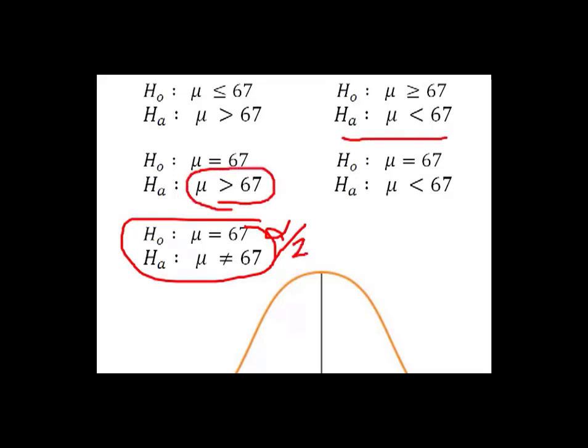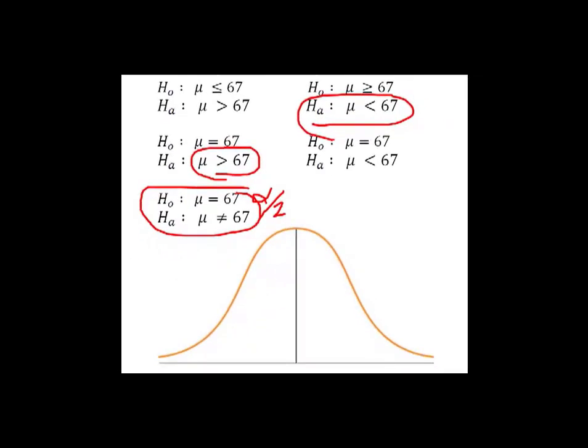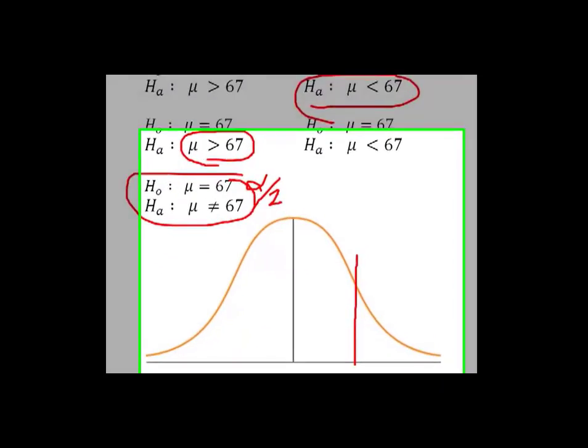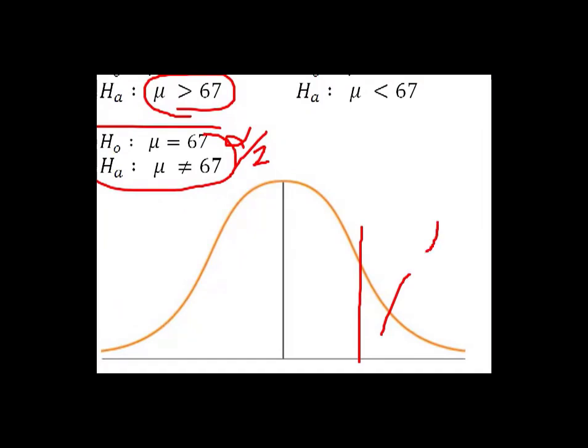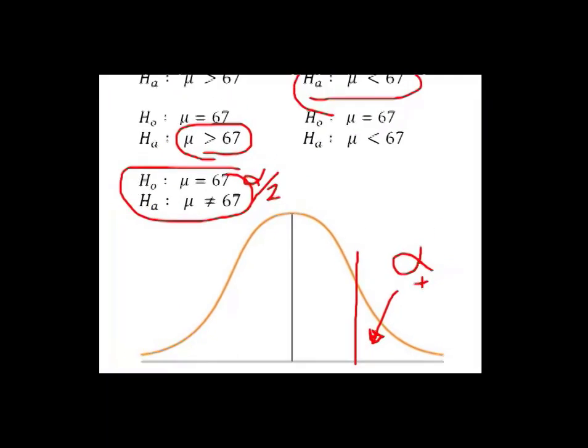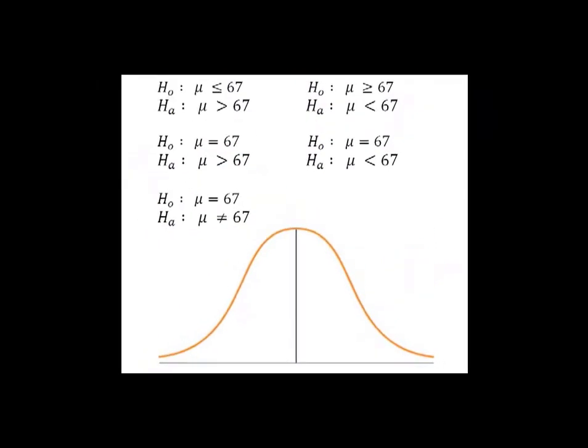In these one-tailed tests, all of my alpha, which is basically the probability I make a type 1 error, is located in one end of the curve. So it's all either up here positive, or it's all